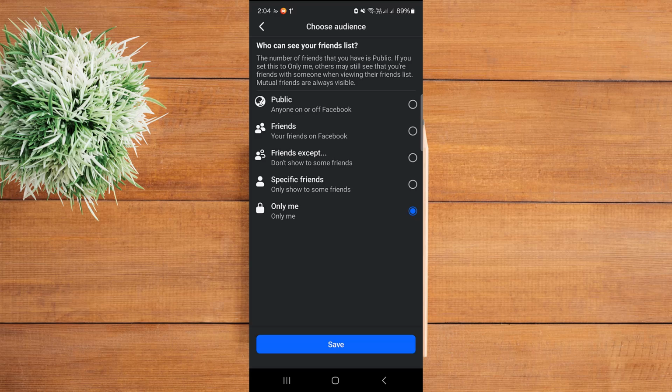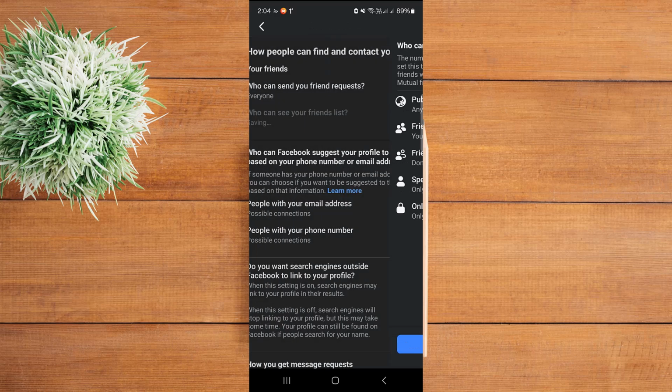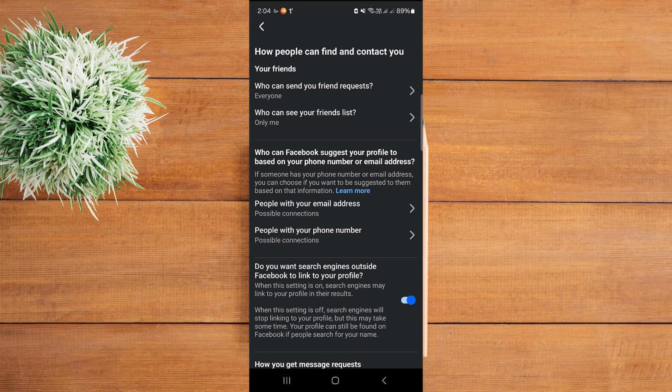So if you have it public or friends except or friends specific friends. So if you want to make it private, just change it to only me and save. So yeah, this is how you can just private your friend list on Facebook, as no one can see your